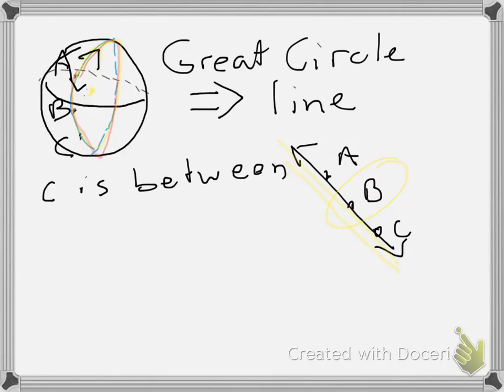So if I go that route, then B is between. So the direction matters which way I go, because the great circle, or a circle, doesn't really have a beginning or end. So the answer is, if the points appear in that order, which point is between the other two? Well,